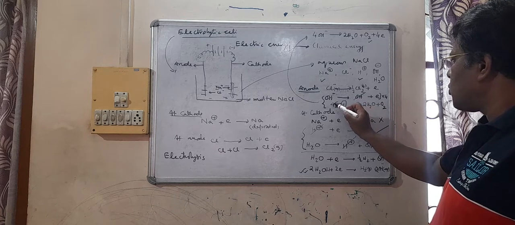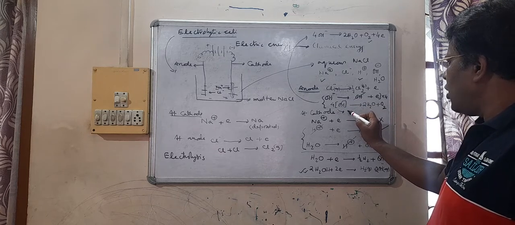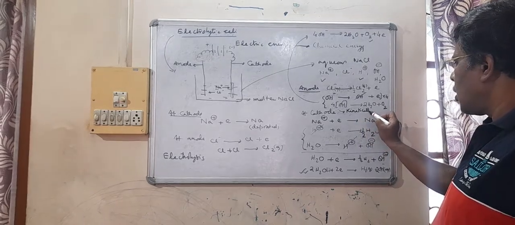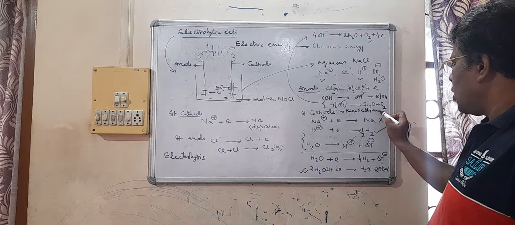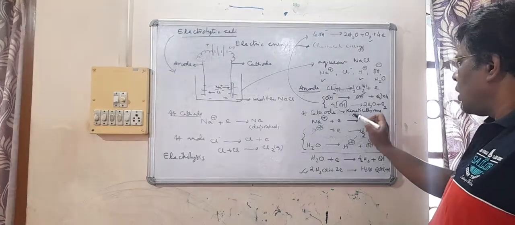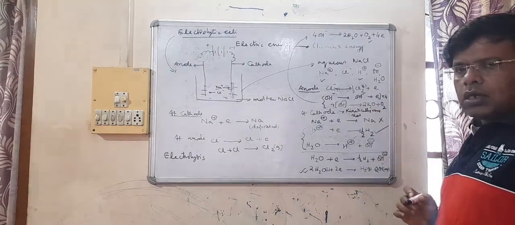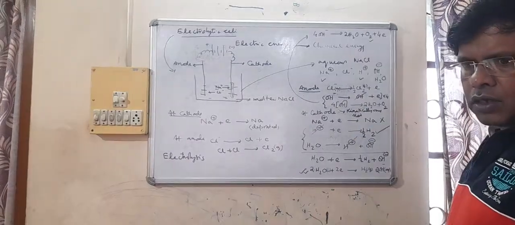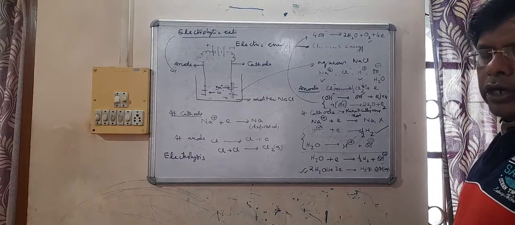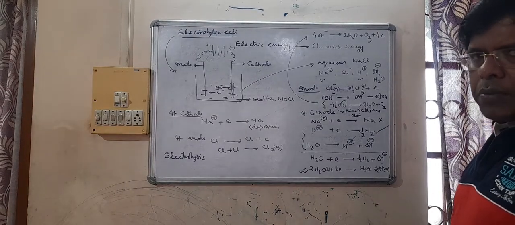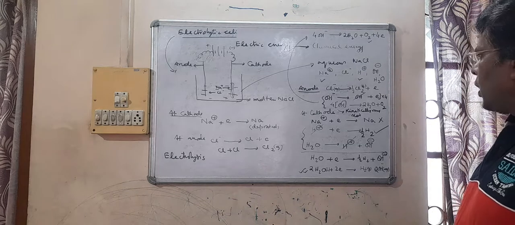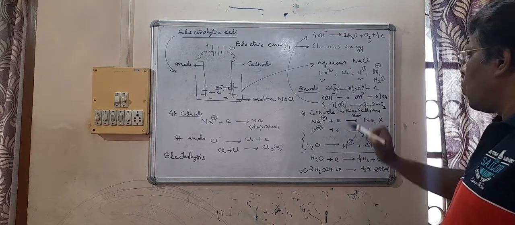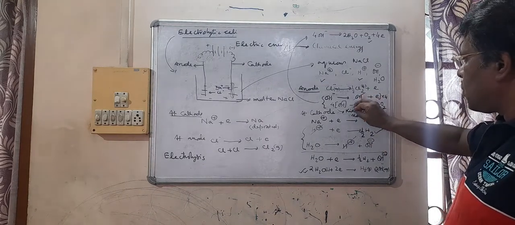This process, we say it's kinetically very slow. This process of OH minus is a very, very slow process. In the next chapter we have the rate of chemical reaction, that is chemical kinetics, that we will be considering. Now this process is kinetically very slow, and that's why, for this to happen,